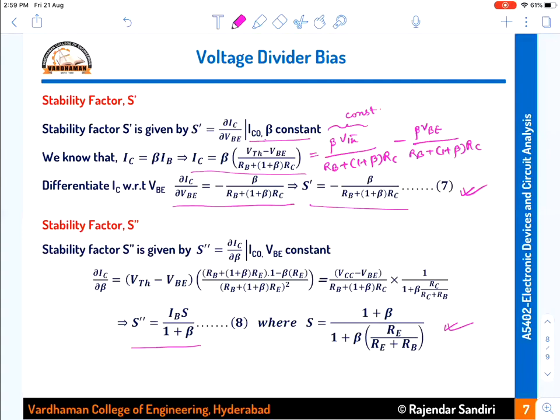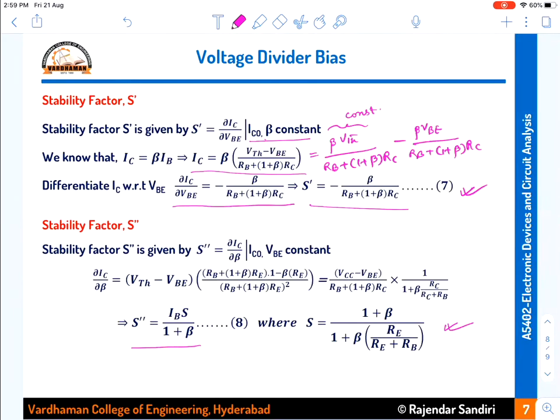Okay. So in all the three circuits, what we have done is we drew the circuit diagram, then we drew the DC equivalent by making the AC input 0 and the capacitive reactance infinity, and open circuited the capacitors, the coupling capacitors. Then a DC equivalent circuit is obtained. For the DC equivalent circuit, we have applied KVL to the input circuit to calculate the IB and IC. Then KVL to the output circuit, we calculated VCE. Thereby, the operating point is calculated.